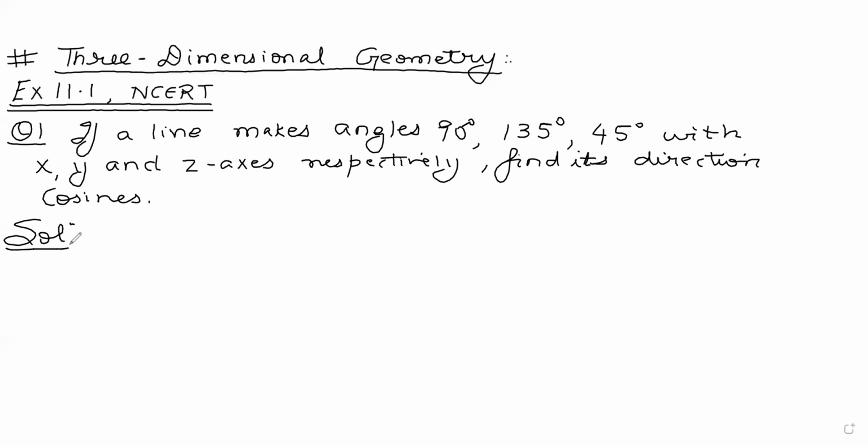Okay, so let's solve this question. We are given that the line is making angles 90 degree, 135 degree, 45 degree with the X, Y, and Z axis respectively. So we can say that let the direction cosines